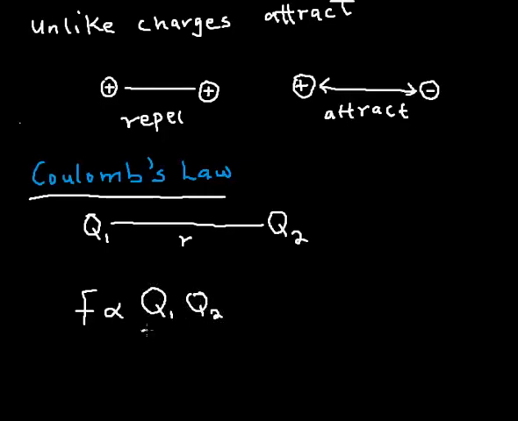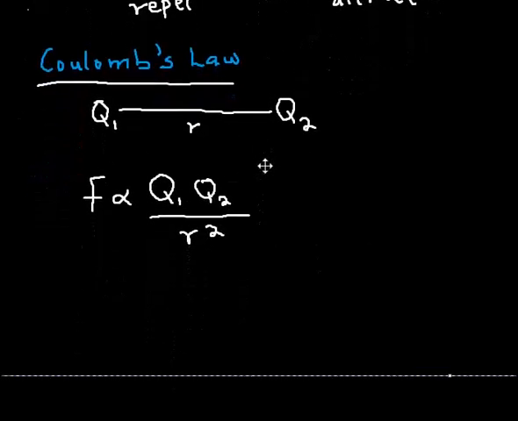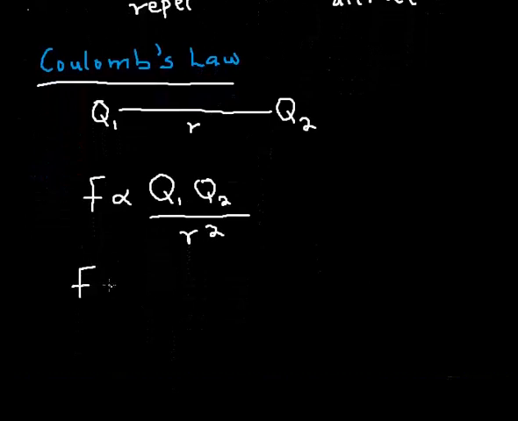And inversely proportional to the square of their distance apart, which of course is R squared. Okay, and of course you know very well that in mathematics, if I should replace the proportionality by an equal, I have to introduce a constant. Okay, so it's going to be K Q1